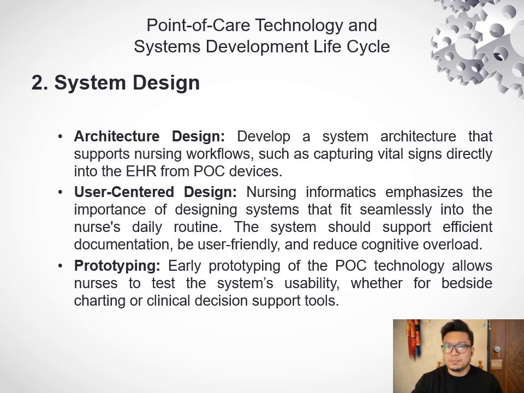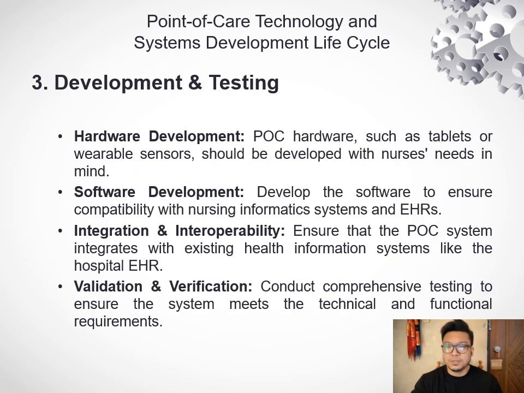Now, next step here, or the next slide here, is showing the development and testing. According to Google, there are two types of testing. The first one is the alpha testing. Alpha testing happens internally by the development team. This is where the systems developers or the product developers test their own product. Second is the beta testing. Beta testing happens in the systems development lifecycle before the product release. These are part of the software development lifecycle.